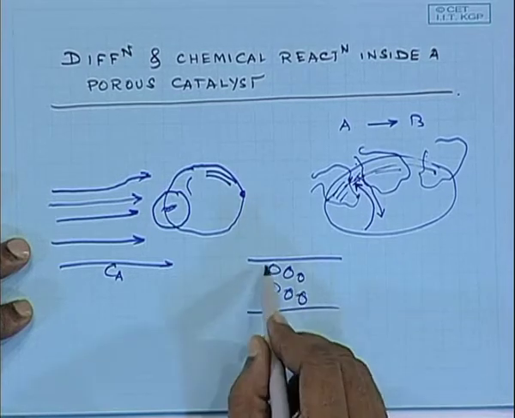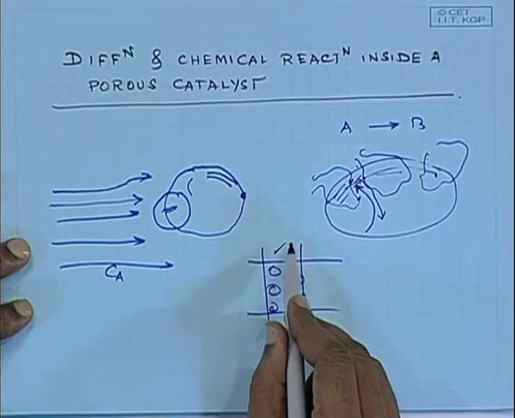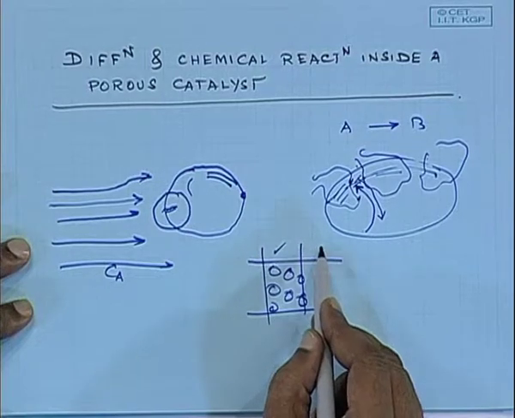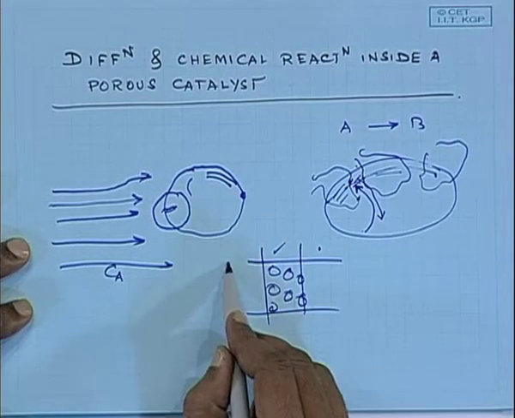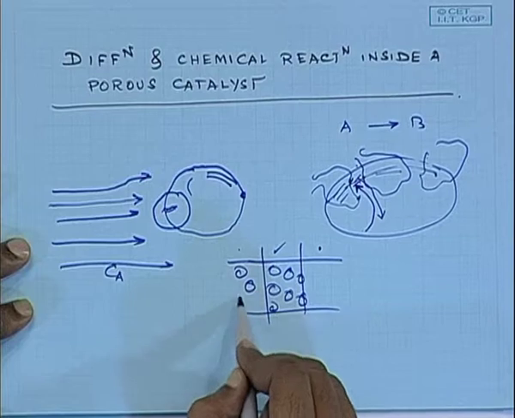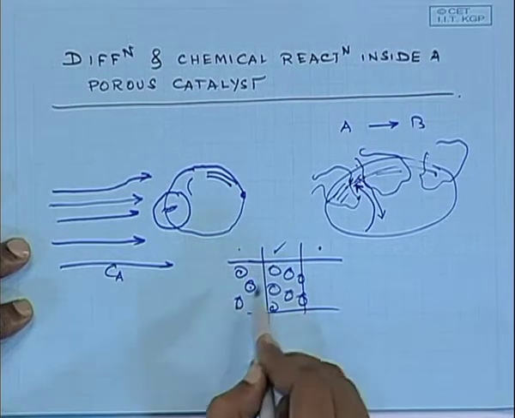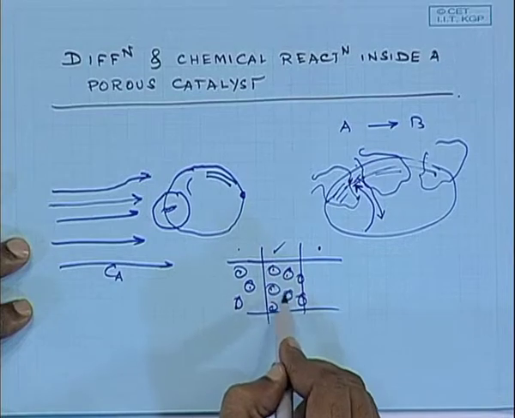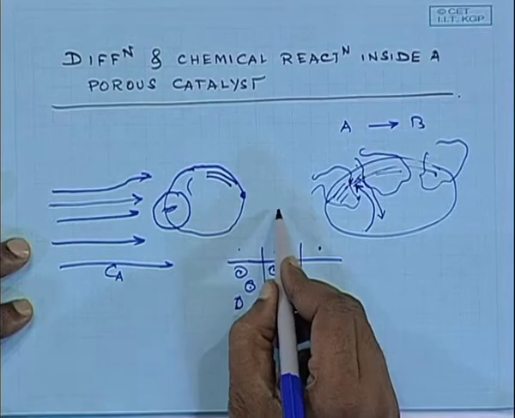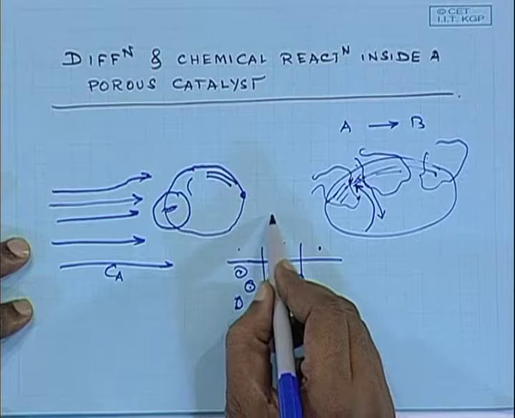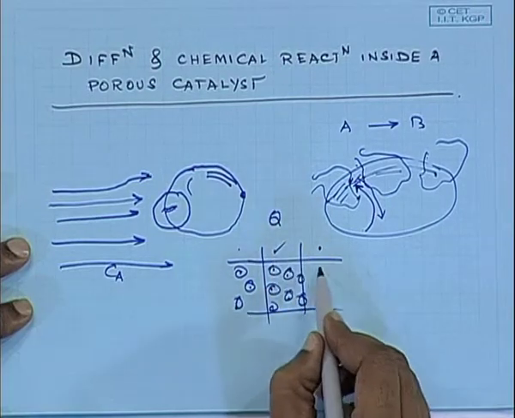Some reaction was taking place in one zone, no reaction was taking place in the zone after this and the zone previous to these. So, these are dummy particles on which no reaction takes place. These are the catalyst on which reaction takes place,